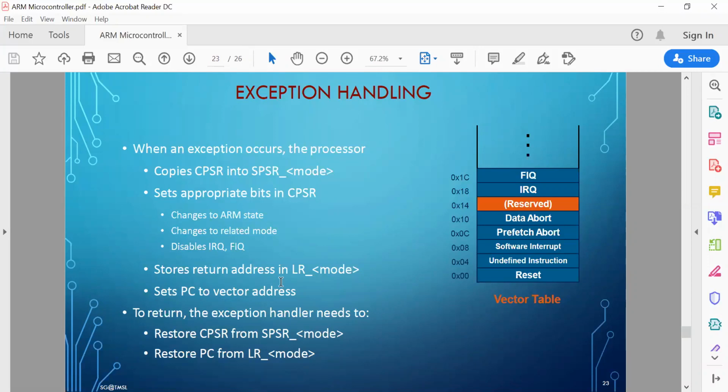For return, the exception handler will do the reverse thing, loading back the SPSR into the CPSR, and the LR will be transferred to the PC. The point to notice is that the entries here are not addresses of the interrupt handler, rather these are instructions. Typically these are jump or call kind of instructions. So when you come here, there will be a jump from here to the routine which is handling the interrupt. So these are all one word instructions stored in the vector table.